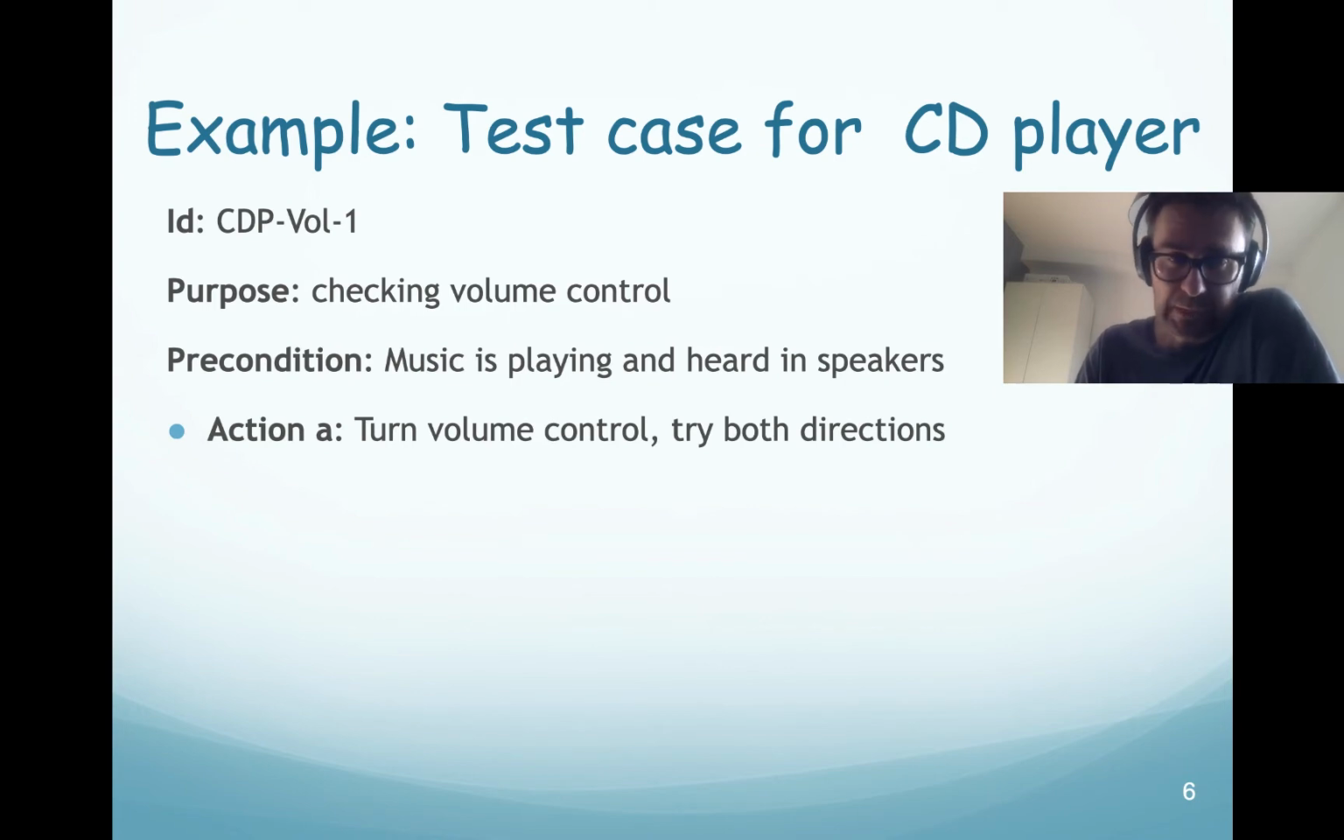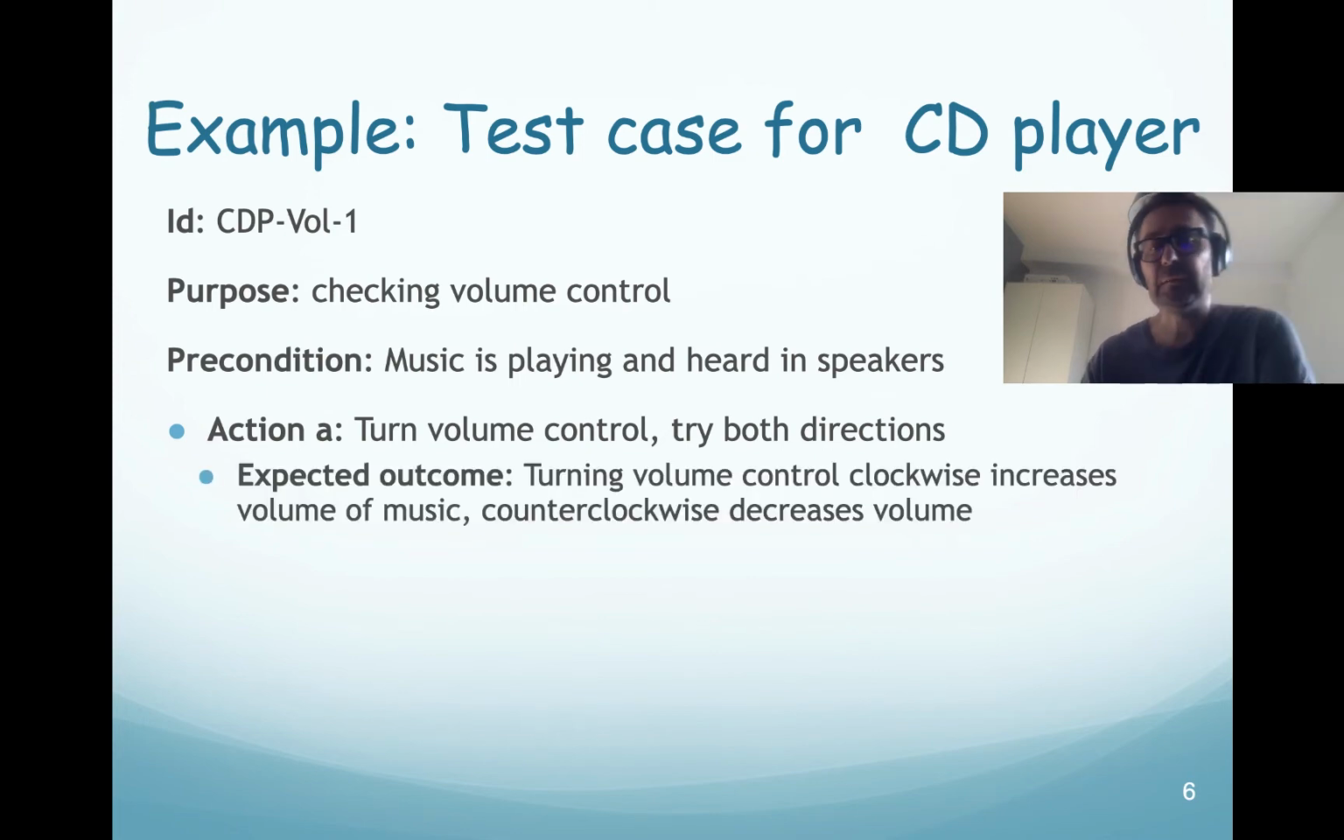So step 1, action A is turn volume control in both directions. So you can see this is a test case for a human, for a manual test case. The expected outcome is that turning the volume control clockwise, so to the right, in the same way that in a manual clock, increases the volume of the music, and then counterclockwise to the left decreases the volume, right? So it's fairly unclear here. It's not exactly how much should it go up and down, but it's usable for a human to check this,